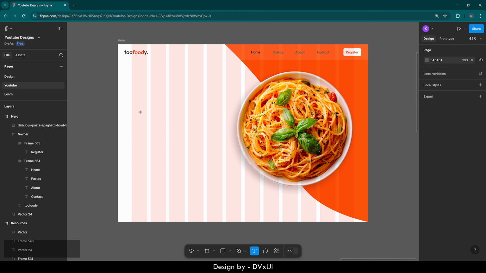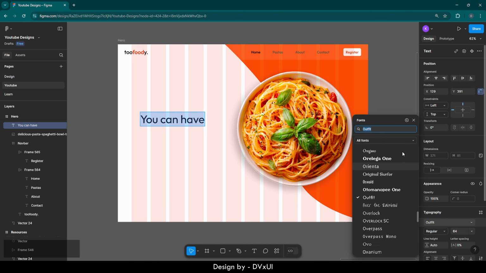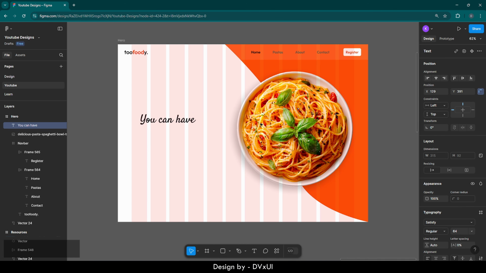So now let's start with the hero text. So take a text and here I'm going to write, you can have. Now select this text, increase the font size to 64 of regular, and the font family is also going to be changed from Outfit to Satisfy. Now place it over here